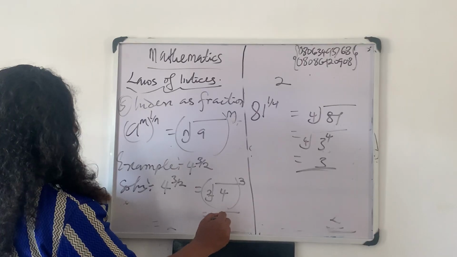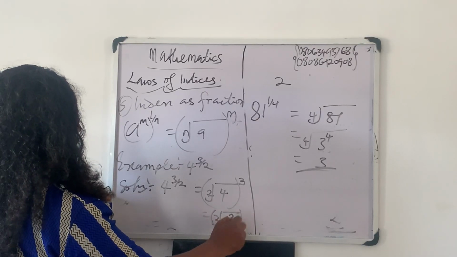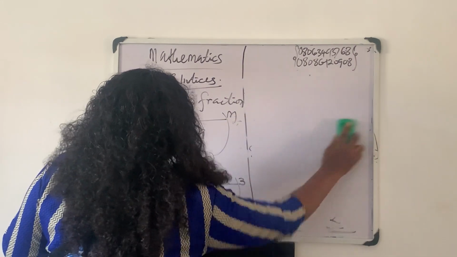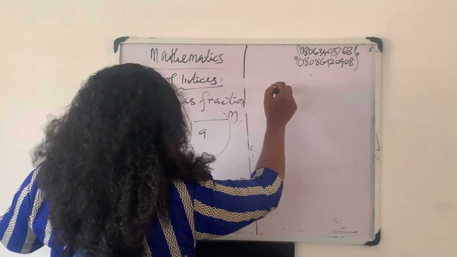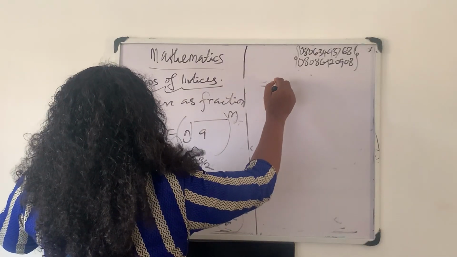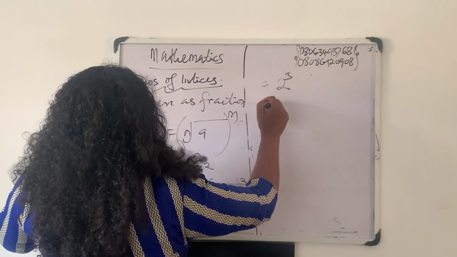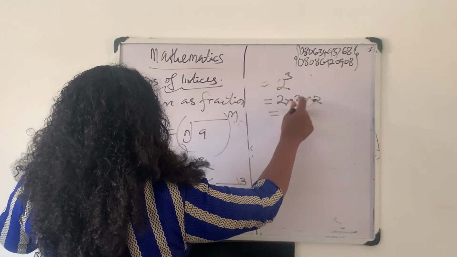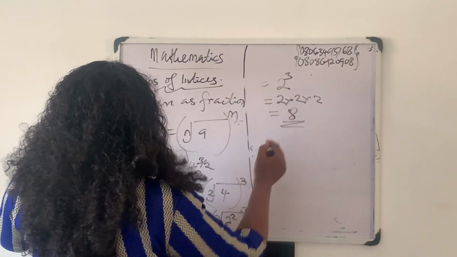This is what? 2 raised to power 2, raised to power 3. Since our answer is 2 here, remember there's a power 3, giving us what? 2 times 2 times 2, 2 times 2 is 4, 4 times 2 is 8. The answer here is